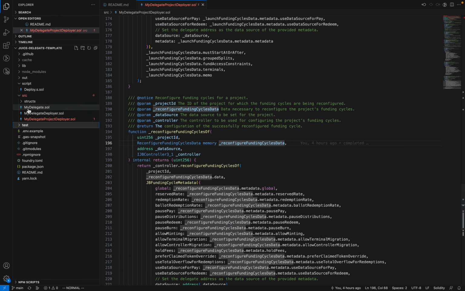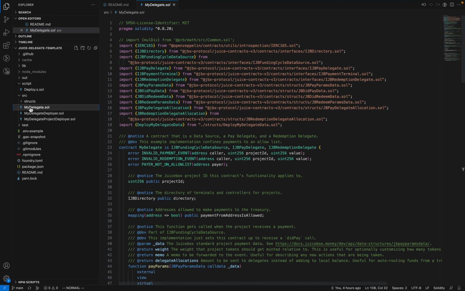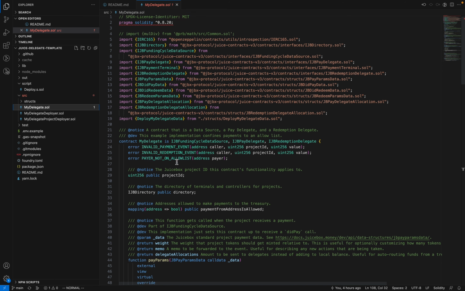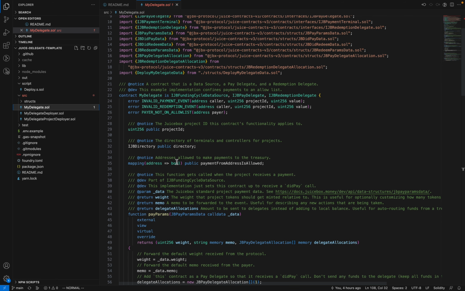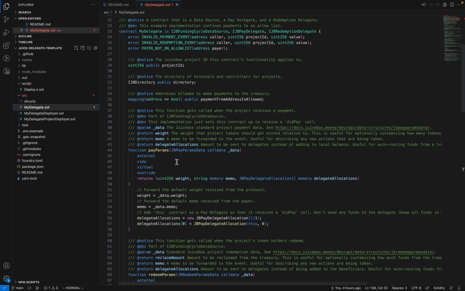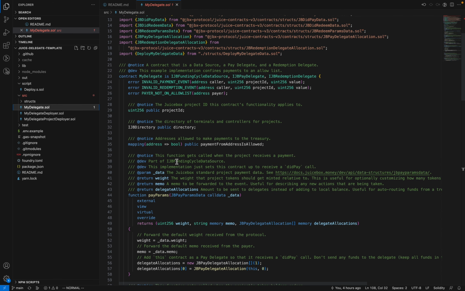I think to pick up where we left off, so these are the three contracts I mentioned. I'll just do a quick overview of all of them, of what's inside, and then we'll maybe take an audience hot take idea of what could we try, and we'll try to add it or adjust things. So this is the delegate